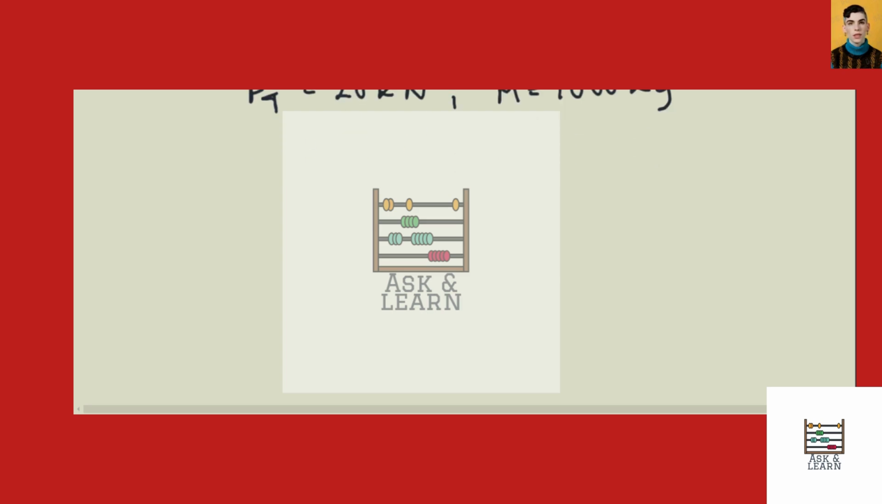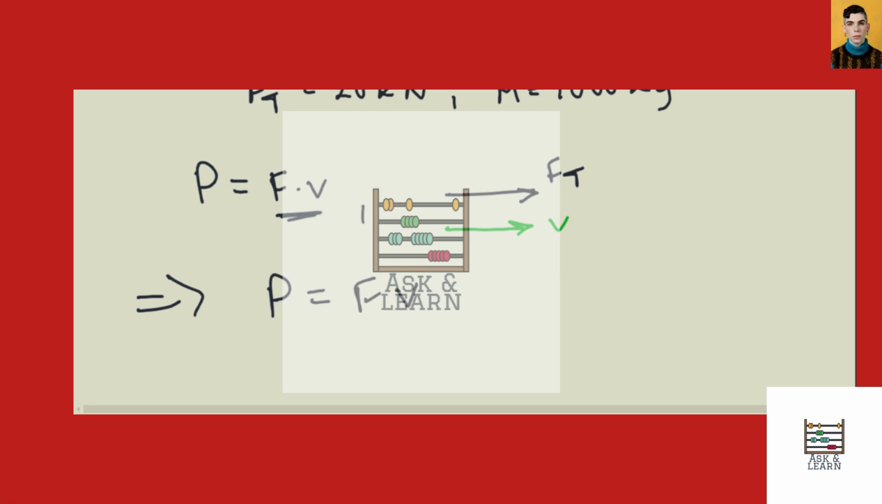So since we're dealing with power, we know it's the force dot the velocity. So this is a dot product, which means that we need to know the directions of the force and the velocity. And we know that the force due to the thrust is to the right, and the velocity is also in that same direction as well. So then power just becomes the force times the velocity. But what we don't know